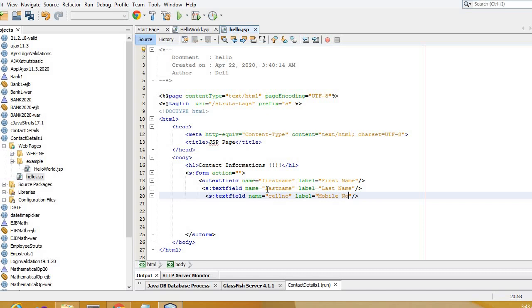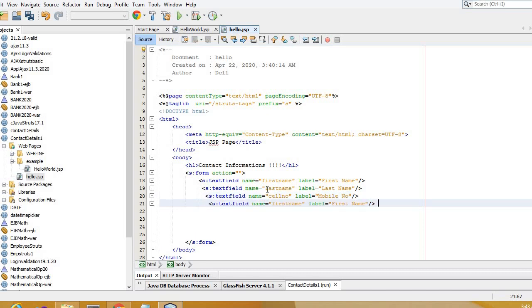After this, we will have the website details. So I'll paste again, and I'll put here website, and I'll give the label as Homepage.